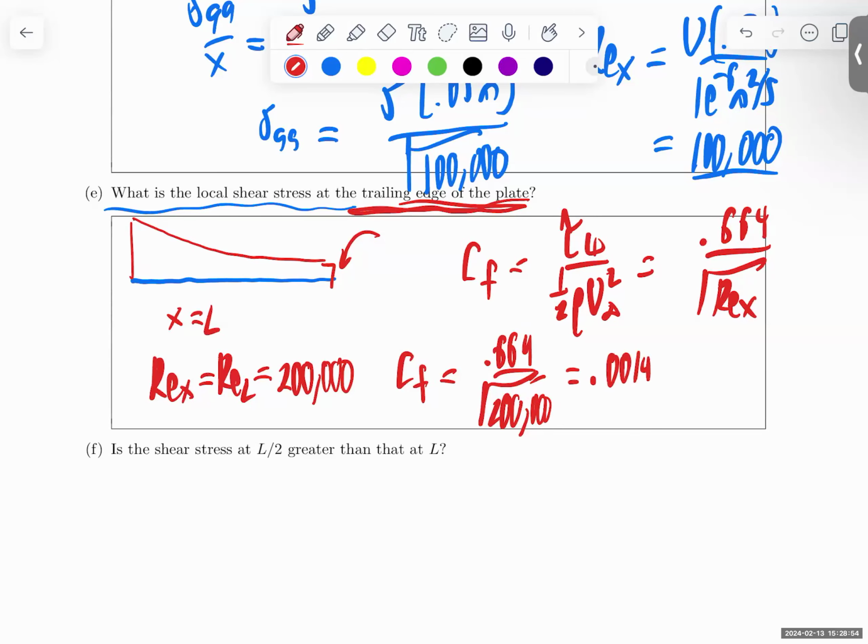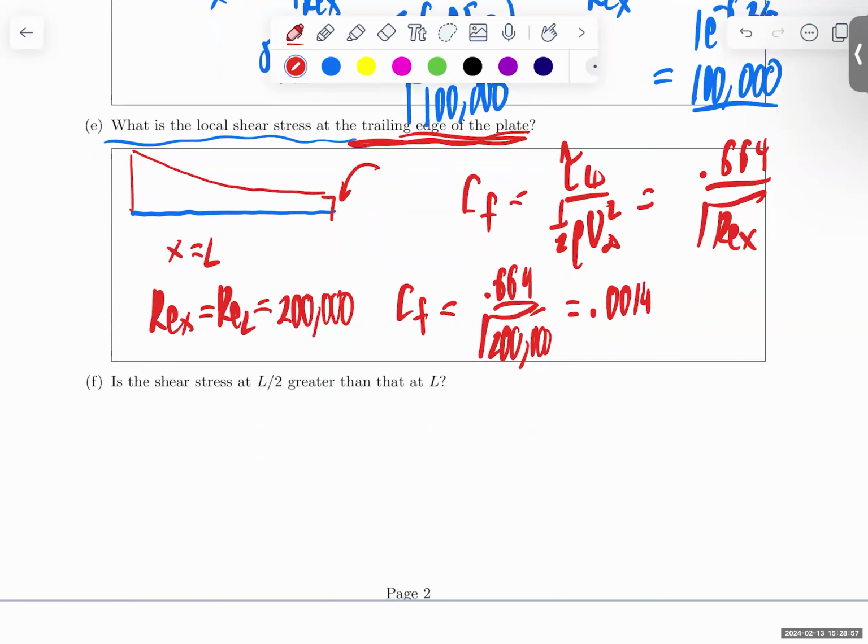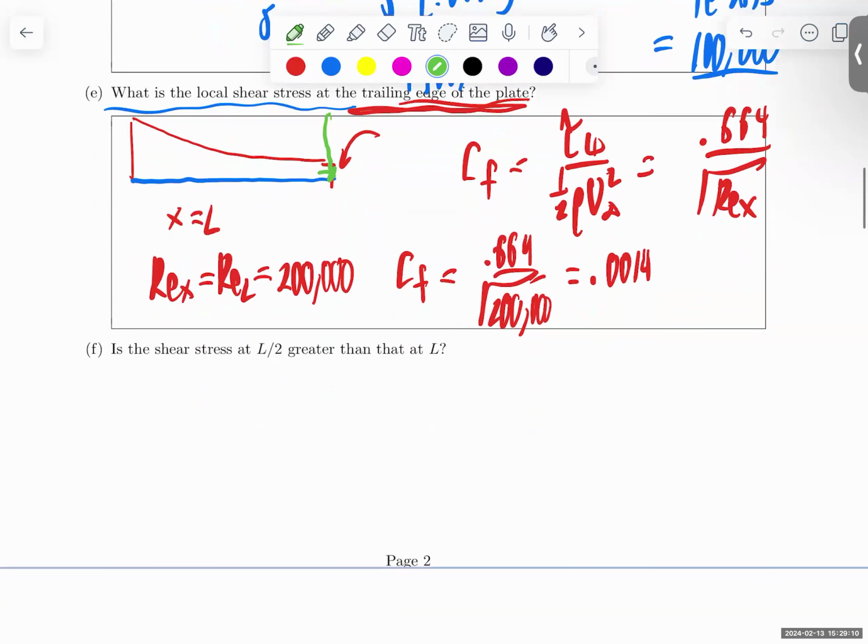That is the shear stress coefficient. It's a dimensionless shear stress at the point on the plate, a particular point right there. So this doesn't apply to the whole plate, just a single location. And then I can compute